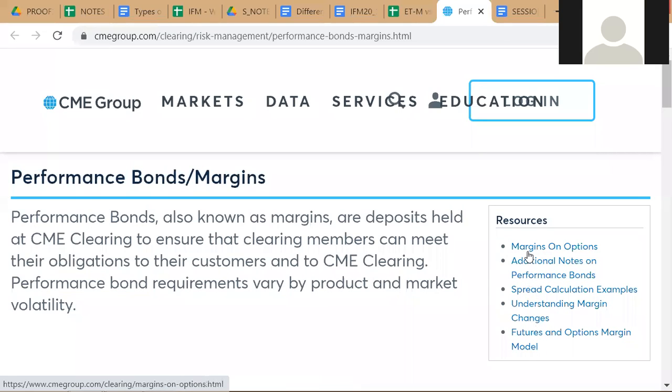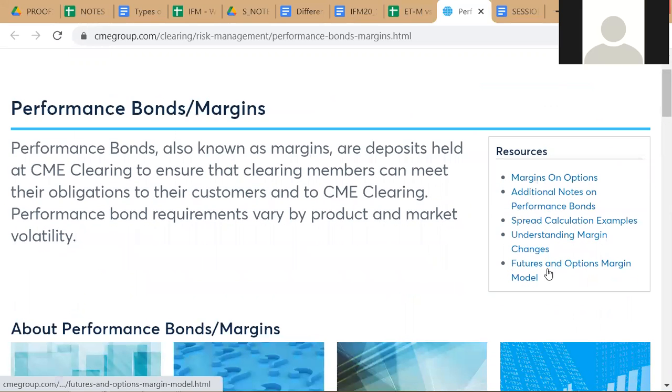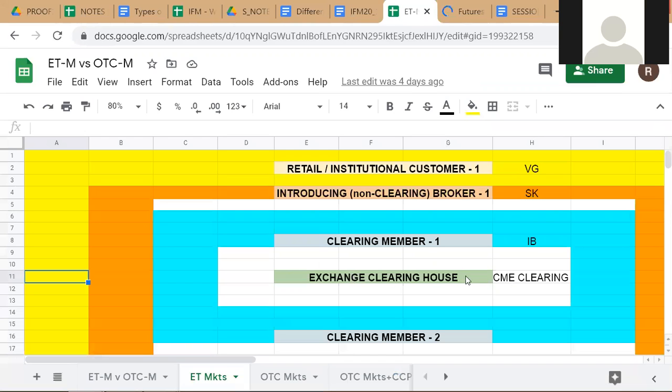So all exchange traded products will have margins, like your options, which you traded earlier. They will have higher margins. Options will also have margins. Okay, and so there is a model here, the futures options margin model. We can click on this and see what it is. But whatever the model, you have to understand the idea: they're just trying to cover themselves